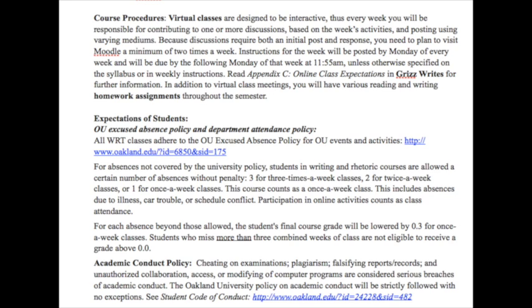online classes. They are a lot of work. They're taking the place of quite a few hours on campus, and so it's not just the 3 hours that you would be on campus, but it's the 3 hours of work plus any additional homework you'd have. So if you are not a self-motivated person, an online class is probably not right for you, because you do need to make sure that you are getting on every week,